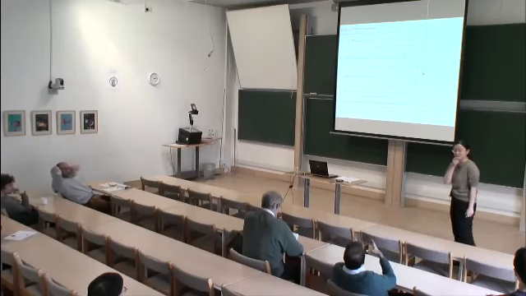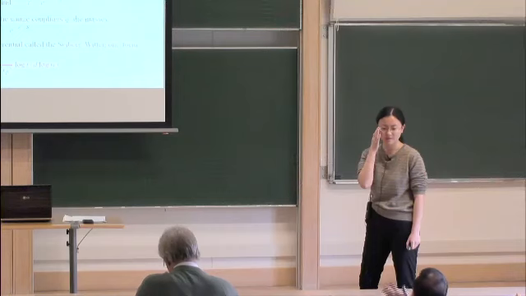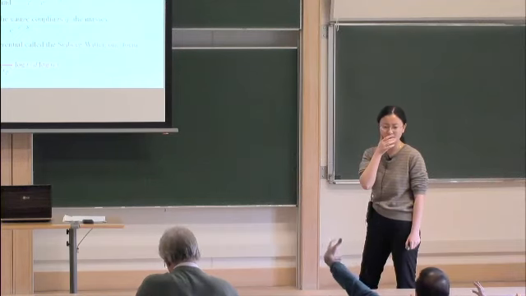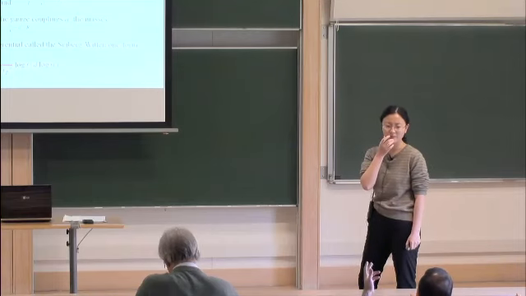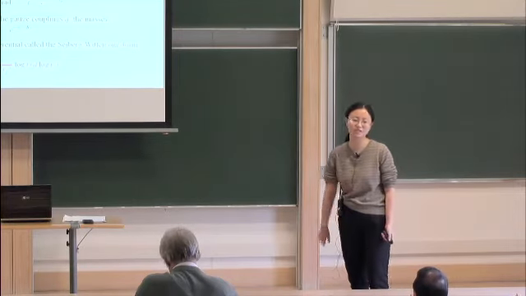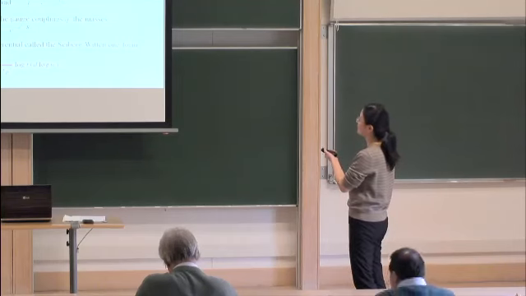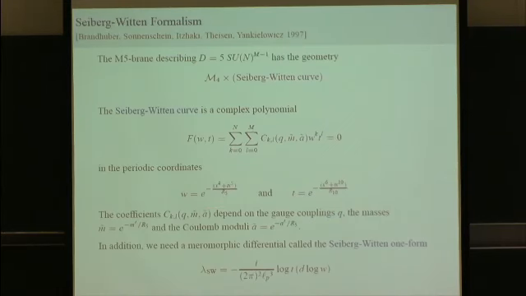This Seiberg-Witten curve is some Riemann surface on which the M5 is being wrapped. Now you can degenerate this Riemann surface in one way such that part of it is very small, and you can take a degeneration limit, I imagine, where you can go to 5 dimensions in 2 different ways. So that's your duality, right? Yes. But you can also take the whole thing small, in which case, exactly, you go to 4 dimensions precisely. So it's different limits of the same system. Yeah, exactly. So in one case, you take this one to be infinite, and in the other case, you take this one. Okay, I'm happy.